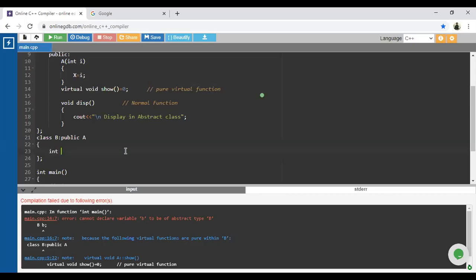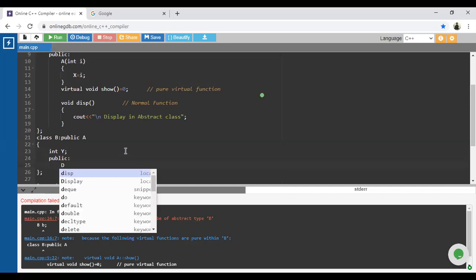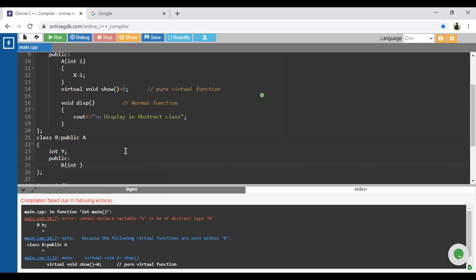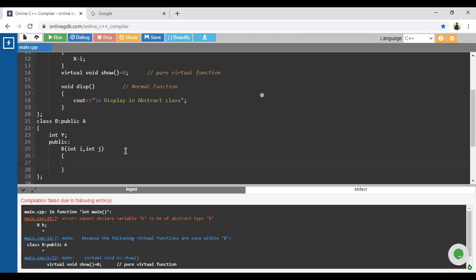Now just look, guys, inside the derived class. I am using one more variable, public, and the class name B. Again I am going to create a parameterized constructor with two different values, I and j, of integer type, and then initialize y equal to j.